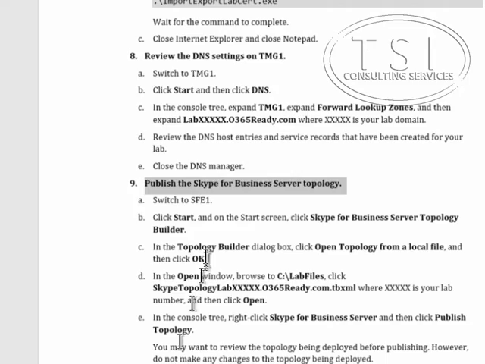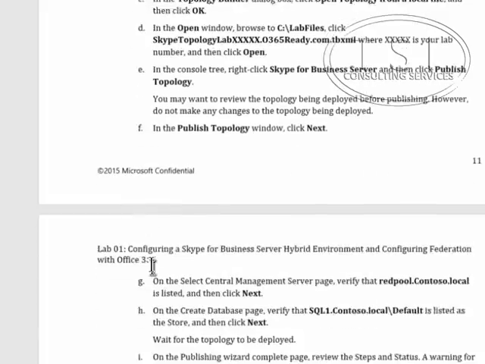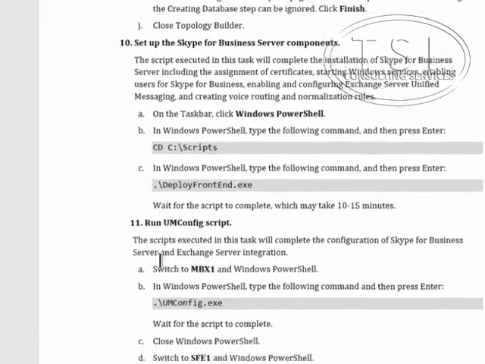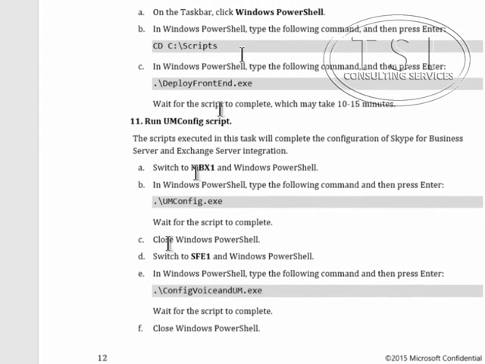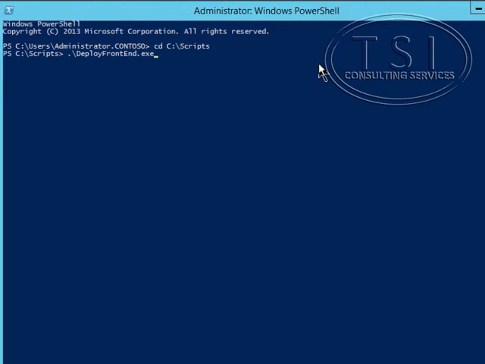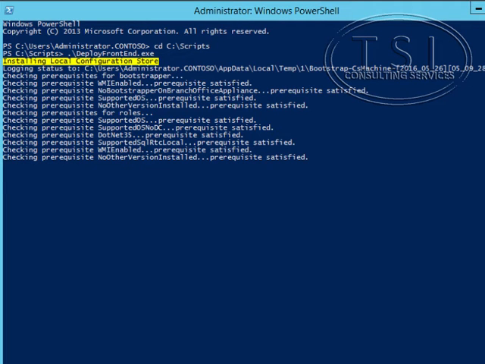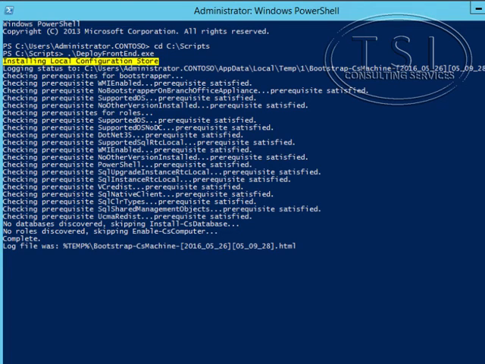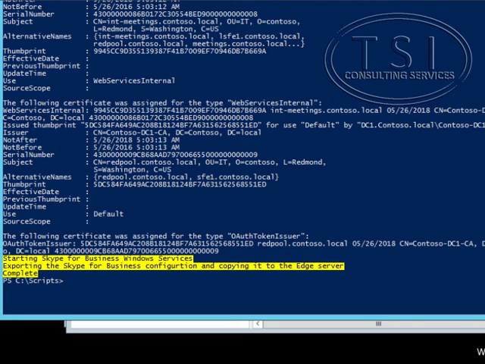The next thing I'm going to do is set up the Skype for Business server components. I'm going to deploy the front end with this script right here. And this could take 10 to 15 minutes. Okay, now that that's finished, what I'm going to do is